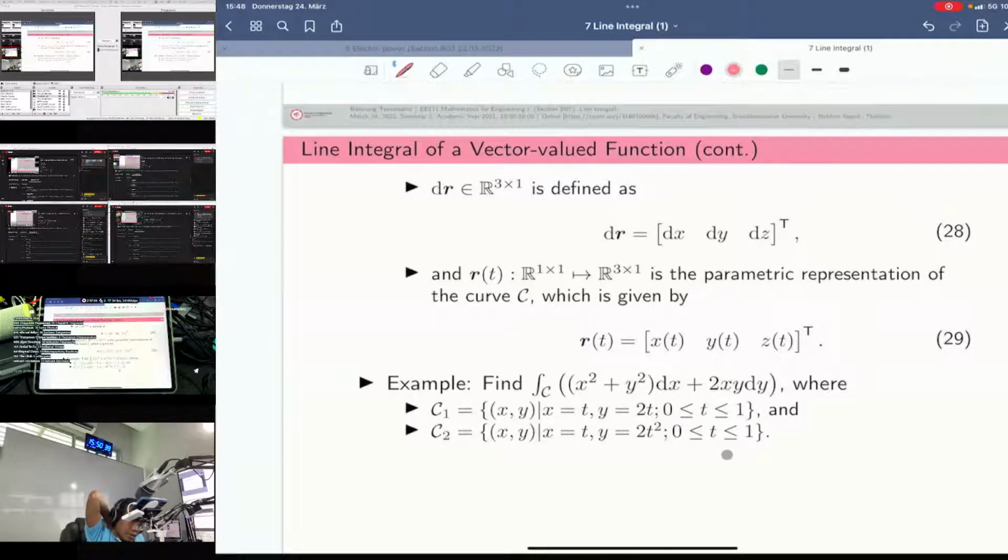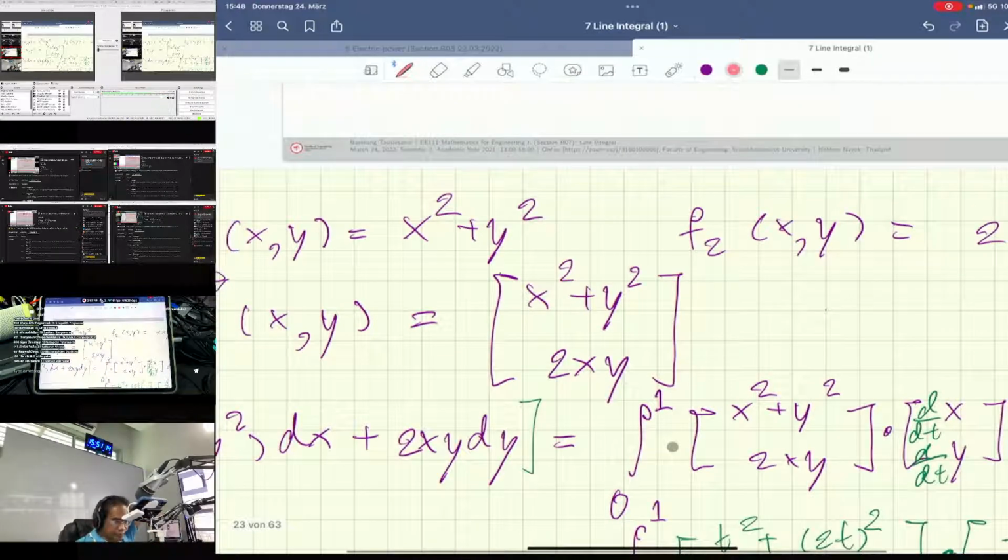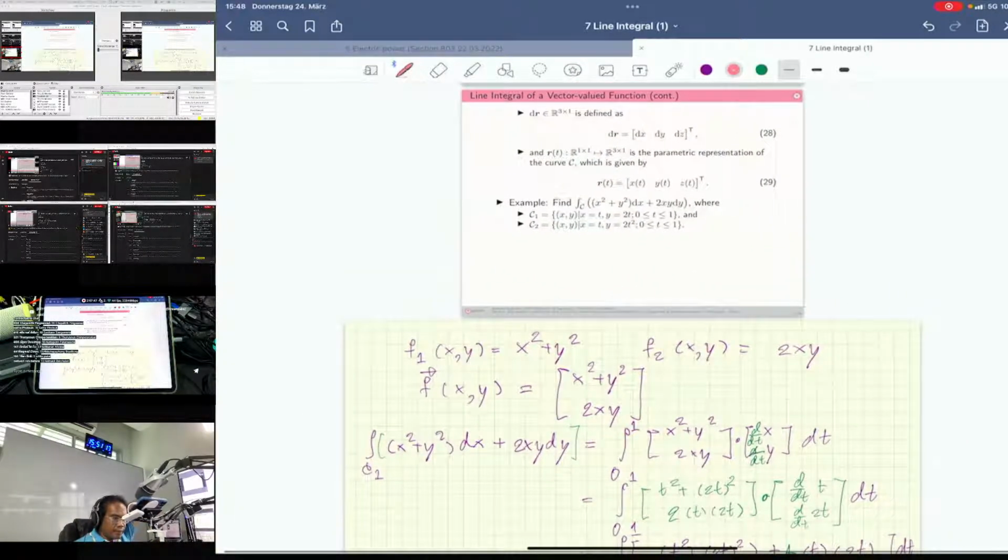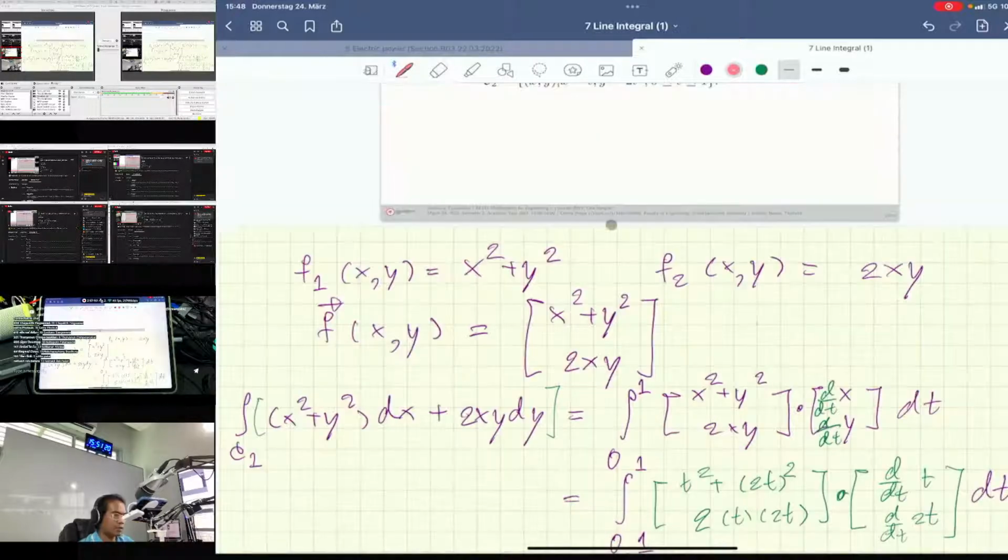x เท่า t อินทิเกรตของฟังก์ชัน x ยก2 y ยก2 บวก 2xy dy เทียบ dx โดยที่เขามีโจทย์เดียวแต่ถาม2อัน คือไปตามเคอร์ฟ1 แล้วก็วิ่งไปตามเคอร์ฟ2 โดยที่เคอร์ฟ1 x เท่ากับ t y เท่ากับ 2t เคอร์ฟ2 c2 x เท่ากับ t y เท่ากับ 2t ยกกำลัง2 นอกนั้นเหมือนกัน t วิ่งจาก0ถึง1 c1 เคอร์ฟ1 x เป็น t y เป็น 2t ก็ตามสูตรของ